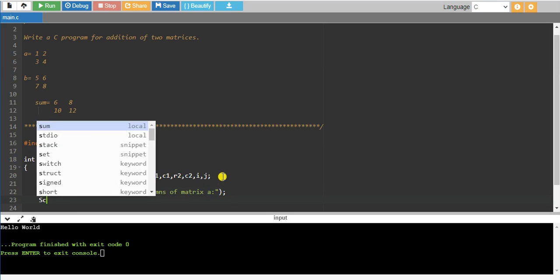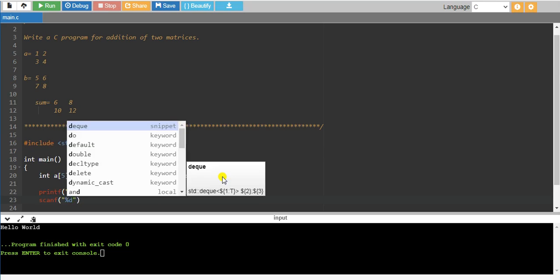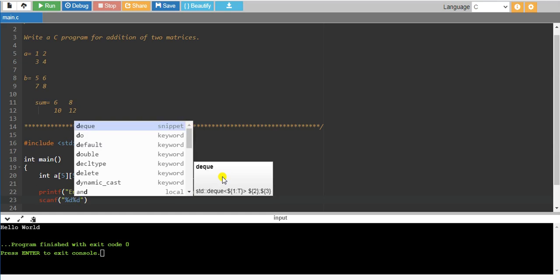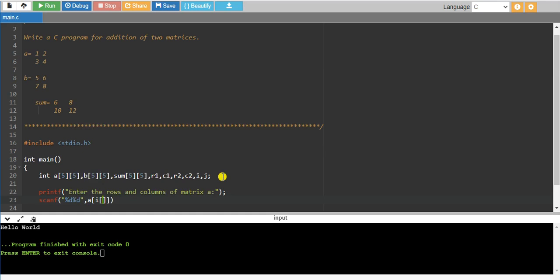Then scanf, how to read the value of the size of that matrix, with the help of %d. %d is one for row, one for column. Then a of i j, right? Oh, no, we are reading the size, right?